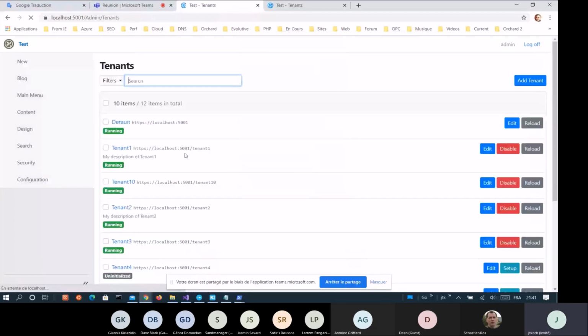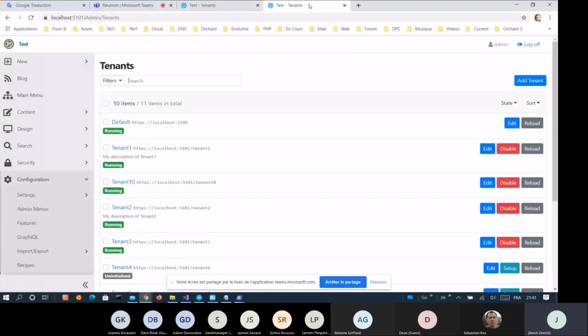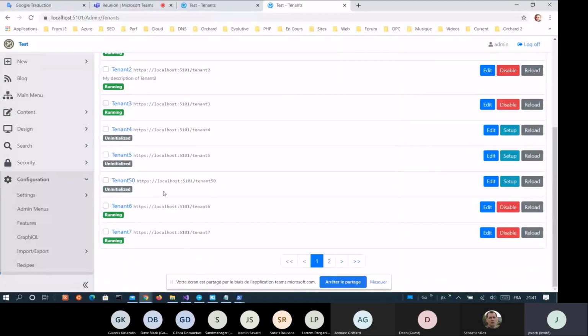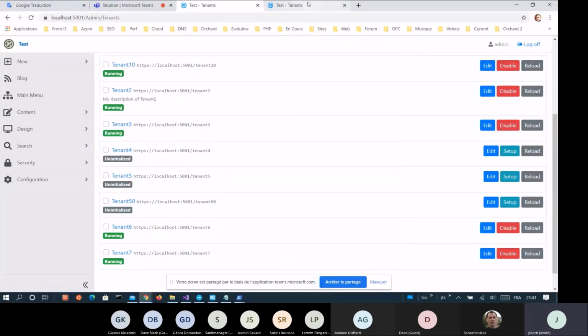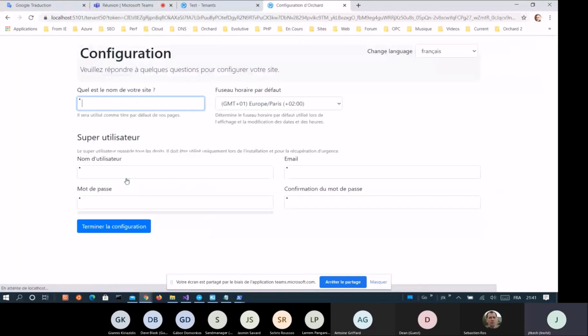Where is my alphabetic order? It is here, uninitialized. If I go there, it will not work. Now I create it from this instance, and I will set it up from this one.